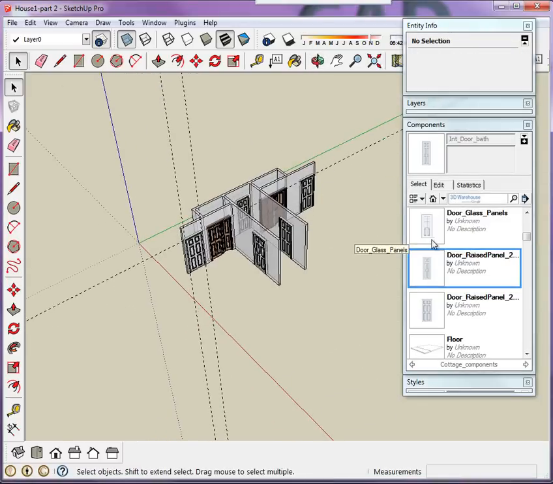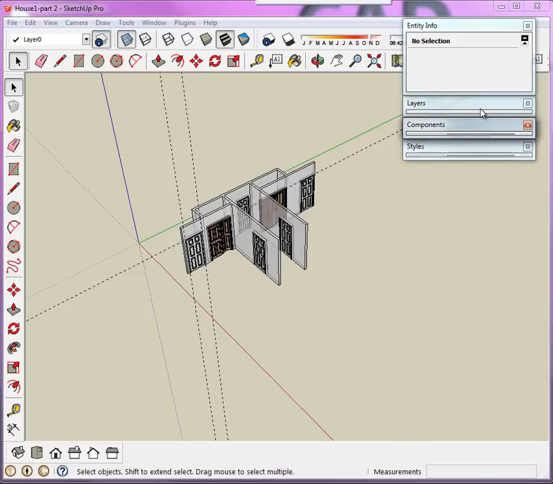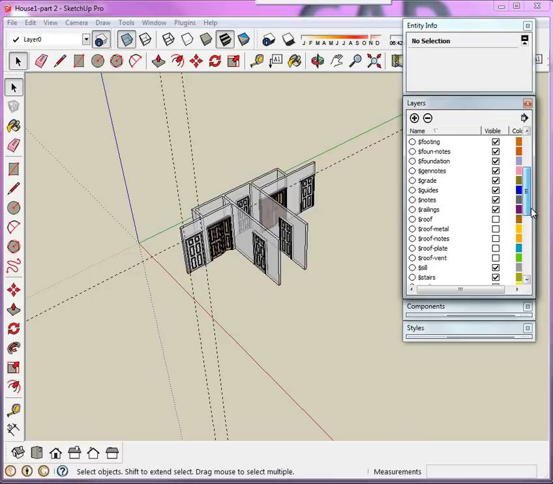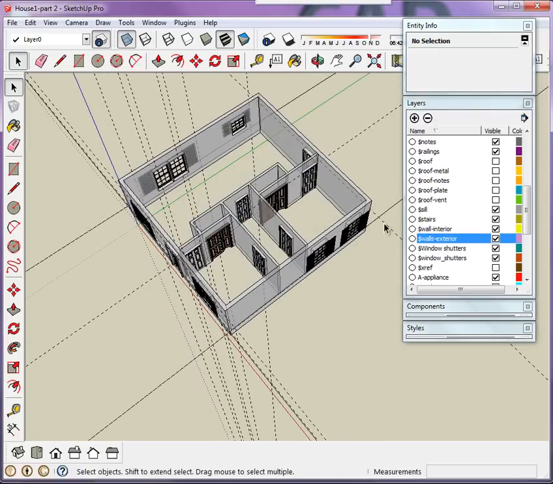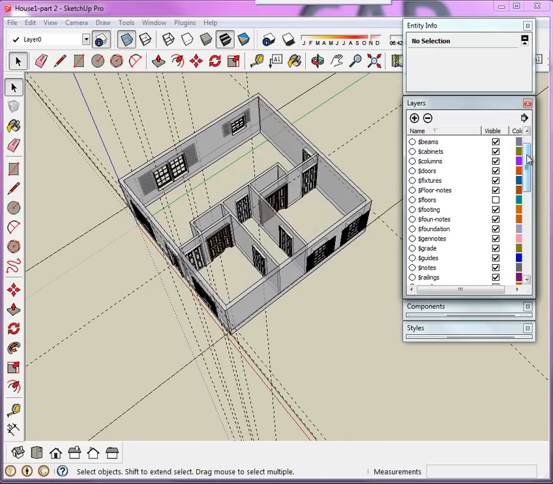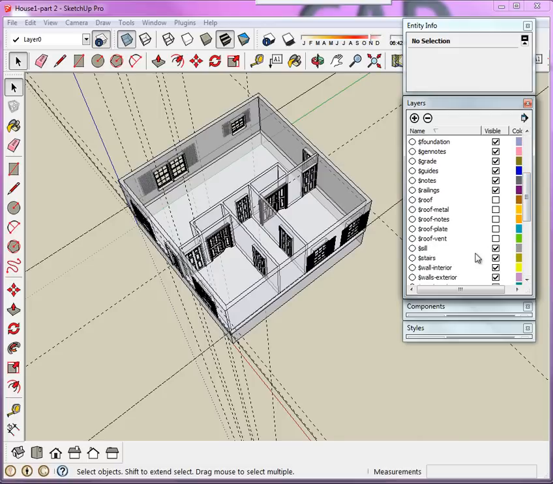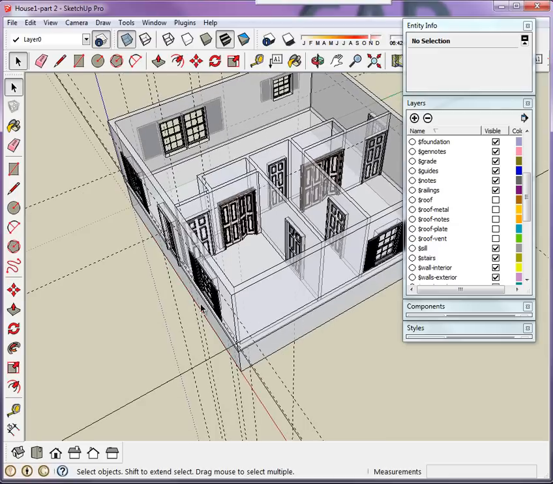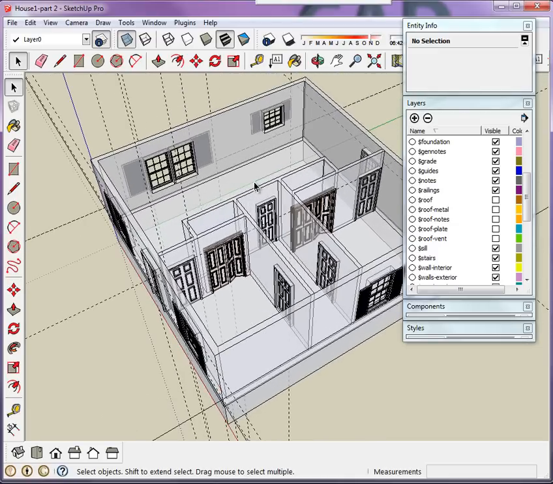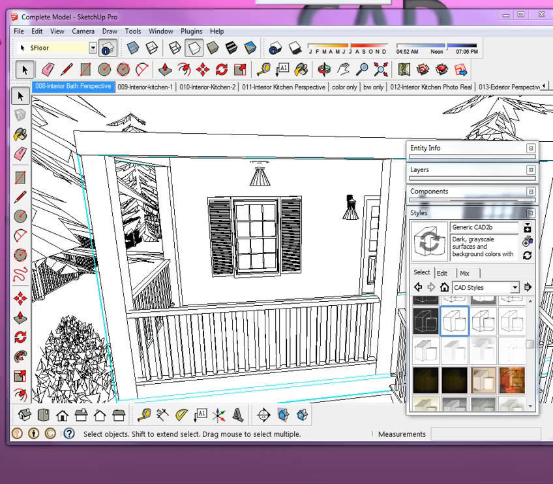So now, here's our interior walls. Let's turn on our exterior walls. And also, we've got our floors here, so you can see that. We have our roof, but I'm not going to turn that on because we're just about completed with the basic building envelope. All we need now is to work with the porches, and we also want to be able to